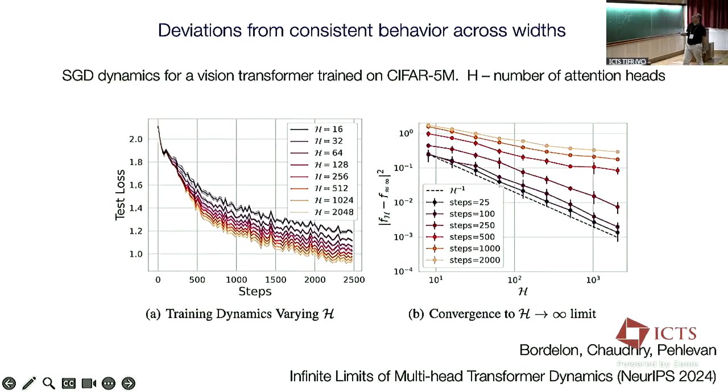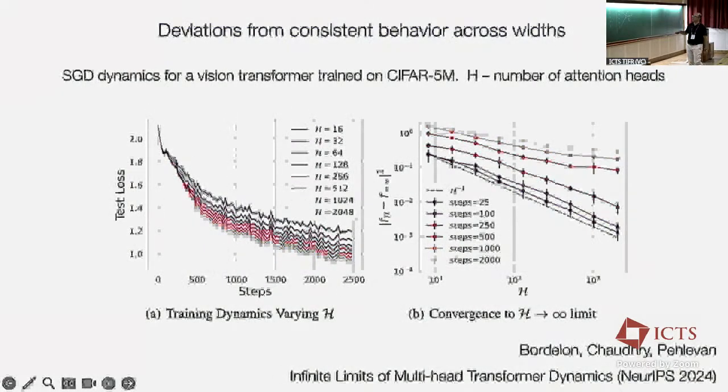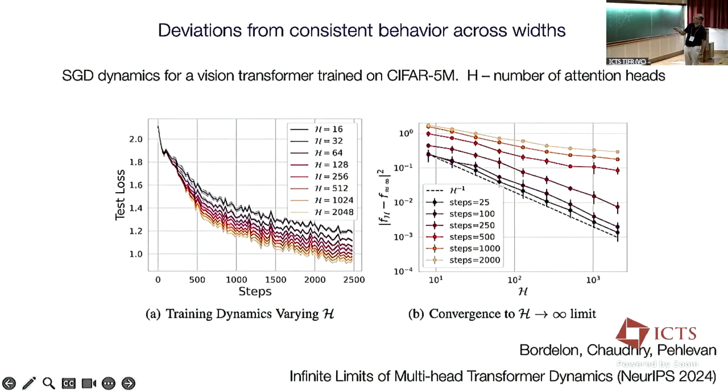Here's another experiment. I showed this briefly yesterday as well. We were a bit more careful here. We were trying to study how to scale attention heads in this particular setup. This is again training loss versus steps, for a different number of attention heads. If you do similar plots, early in time versus later in time, you see a similar picture, except that earlier in time you're closer to this 1 over n scaling. Later in time, you deviate away from it. So maybe you're closer to this DMFT early on, and deviating away from it later on.